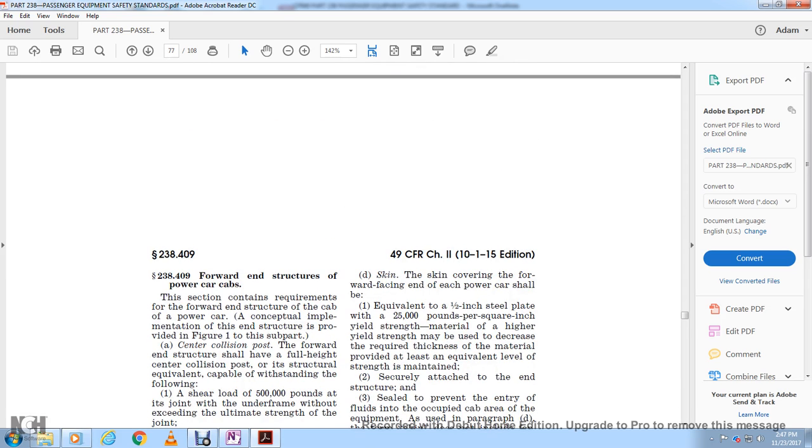238-409 Forward end structure for the power car cab. This section contains the requirements for the forward end structure of the cab of the power car, with the conceptual implementation of the end structure provided in figure 1 of this subpart. Center collision post. The forward end structure shall have a full height center collision post, or its structural equivalent,